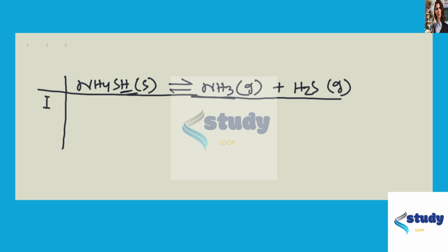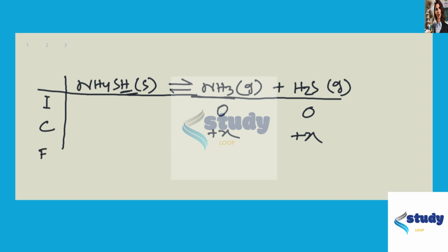The initial concentration of both the products will be zero, since at the initial state there is no product being formed. Then in the change, if we assume the change in the concentration of the NH4SH is X,